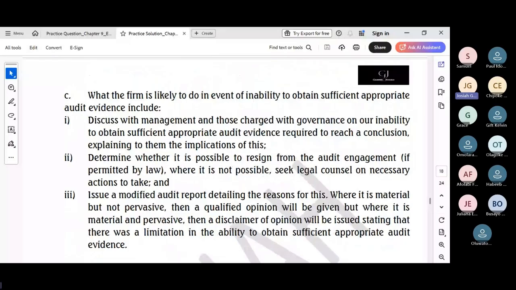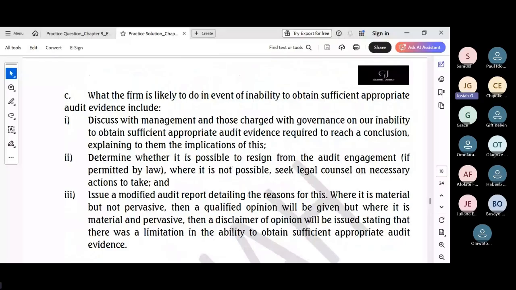And also reporting precision based on Part C. When discussing the modified opinion, explicitly try to use the ISA 705, 706 terminology: scope limitation, materiality, pervasiveness but not material, material but not pervasive. All these statements, we'll get to juxtapose that when we come to reporting, so you can understand the link between chapter 9 and chapter 14.